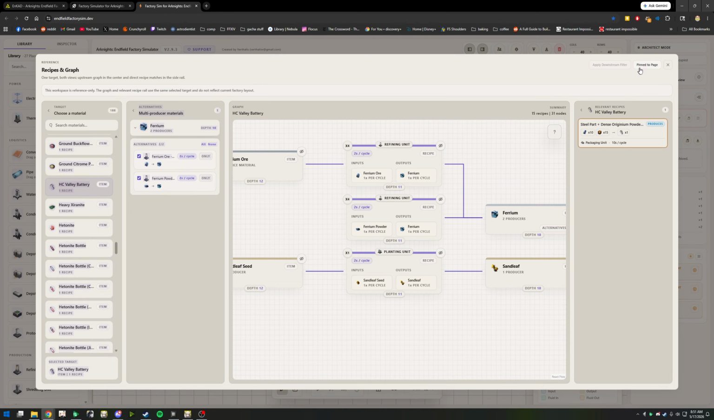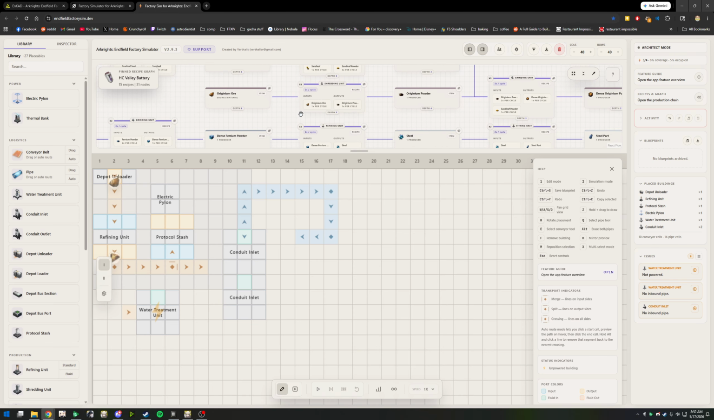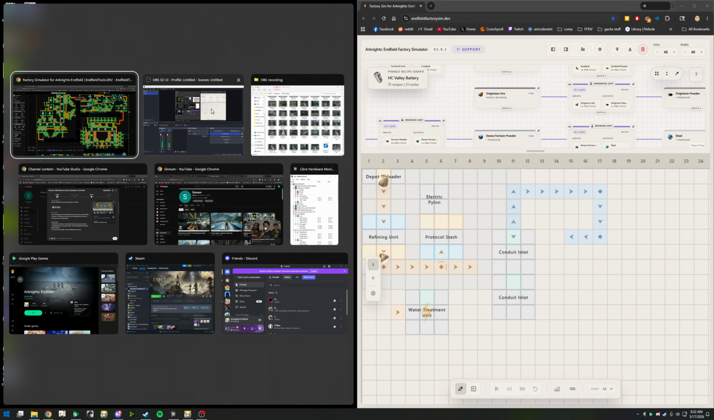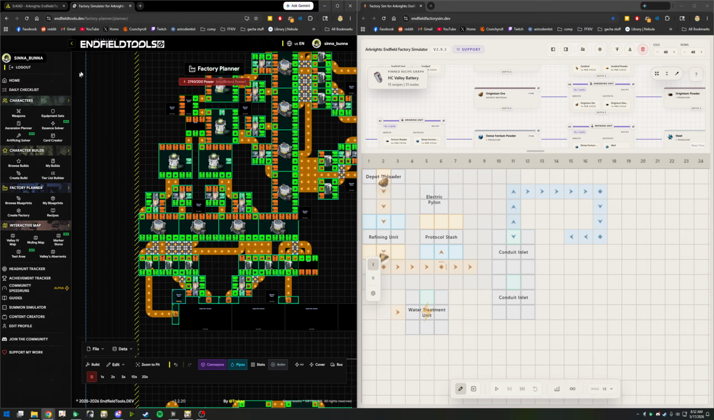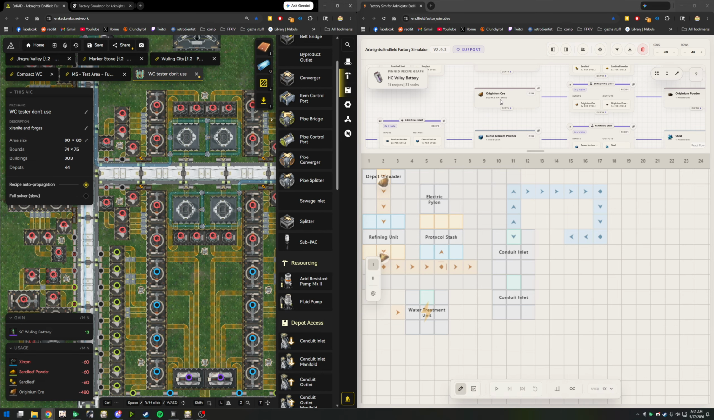You can pin this to the page, so I already have it pinned. So you can kind of quick reference it up here, like, oh, what am I building? And you can arrange it down here. Or you can use it in conjunction, right? You can drag this guy out and kind of do it side by side, right? So you're like, oh, I need